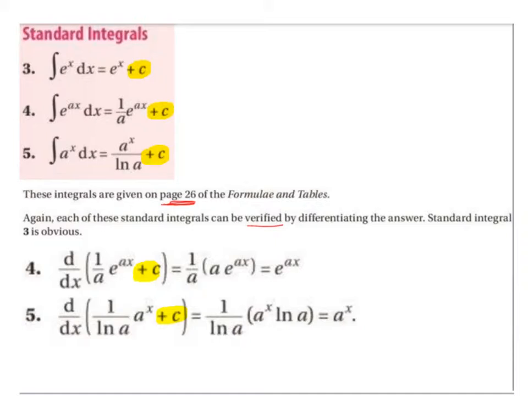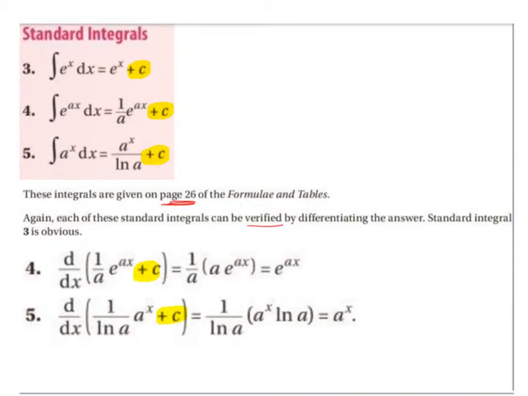So to differentiate 1 over a e to the power of ax, we take the 1 over a outside, because technically that's the constant, and then we just differentiate e to the power of ax. So we bring the a down in front, and then we just have e to the power of ax. And to differentiate plus c, we just get 0. So then 1 over a multiplied by a is just 1, so you end up with e to the power